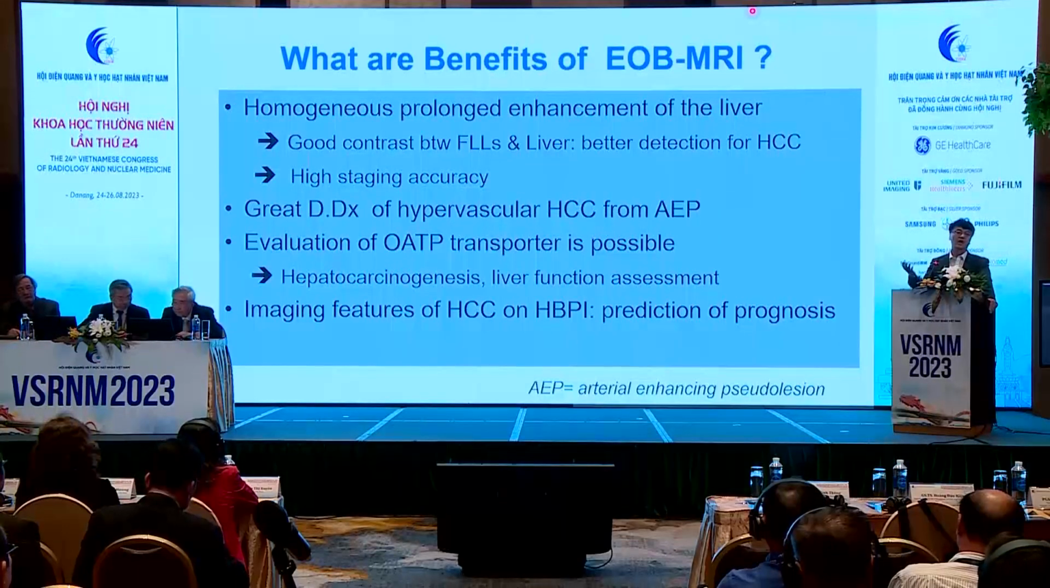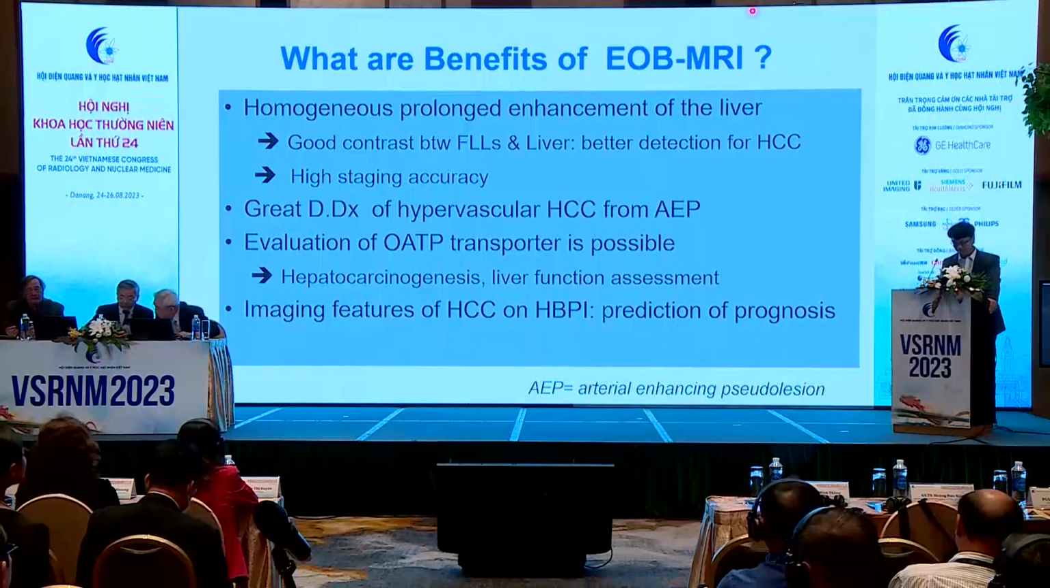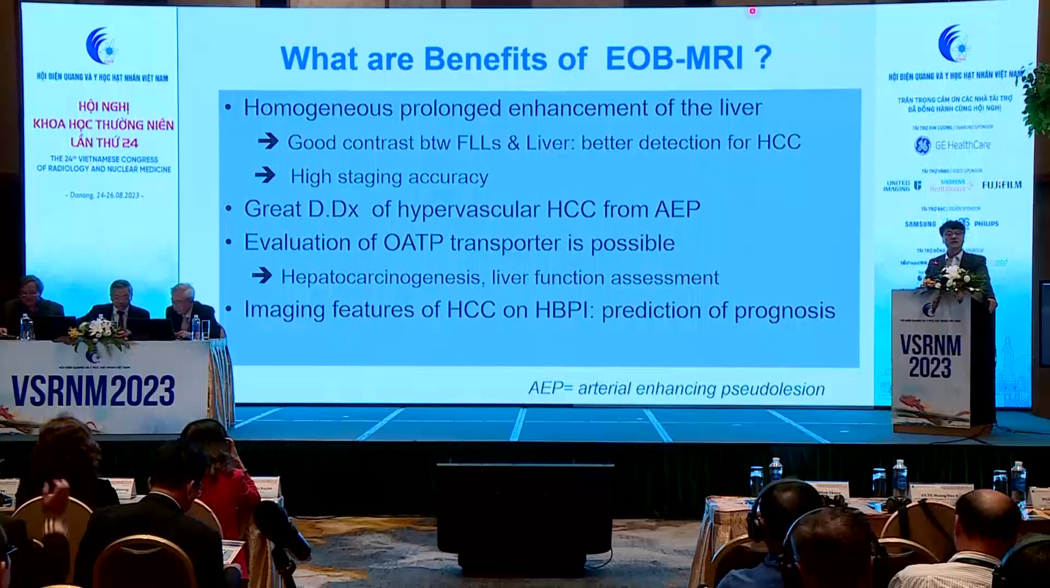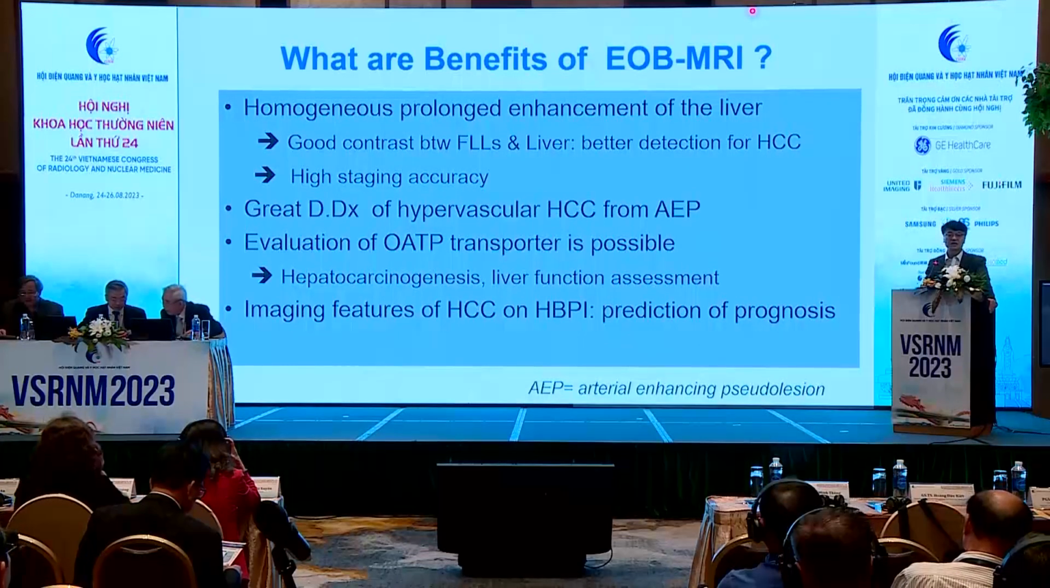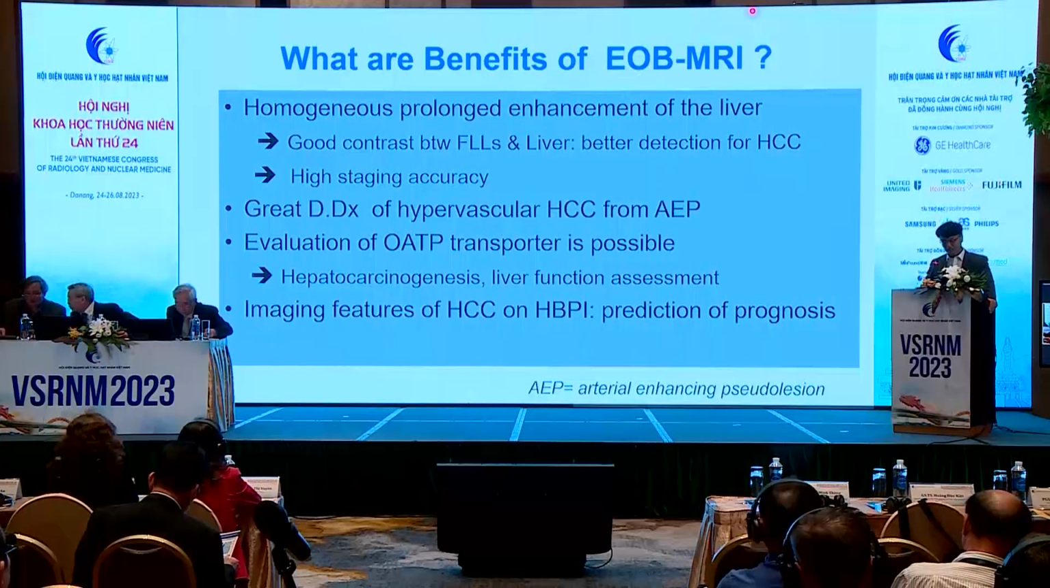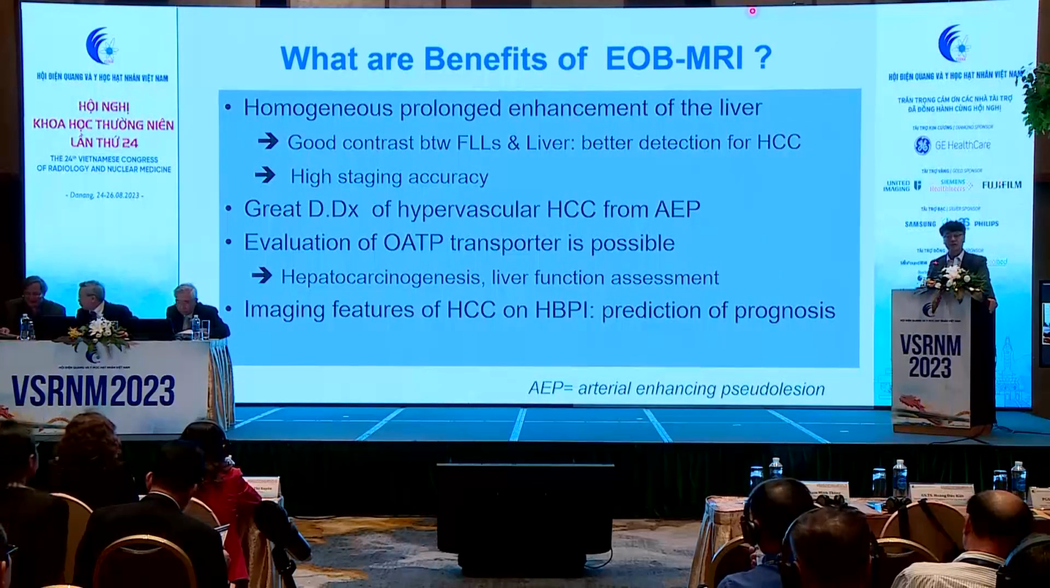Therefore, they show iso-enhancement on hepatobiliary phase imaging. So we can easily differentiate AP shunt from HCC. Furthermore, as we can evaluate OATP transporter function with the EOB-MRI, we can indirectly evaluate liver function. Also, this OATP transporter decreases during hepatocarcinogenesis, so we can detect the borderline lesions much earlier than ECCM-enhanced MRI or